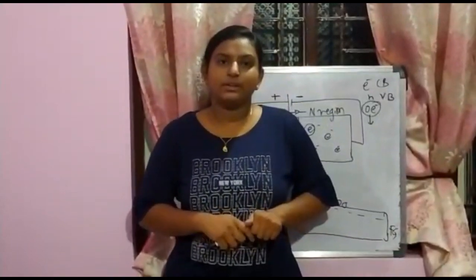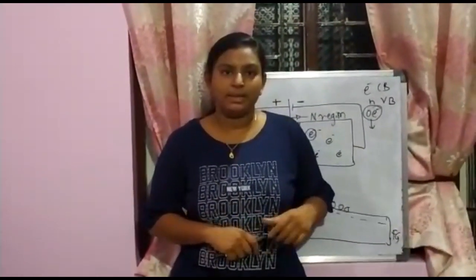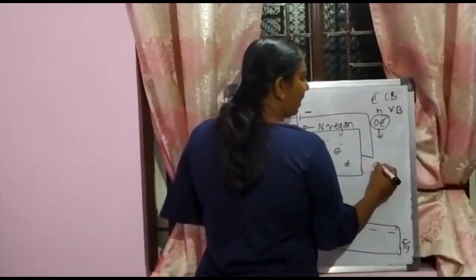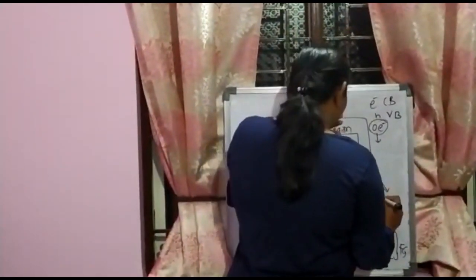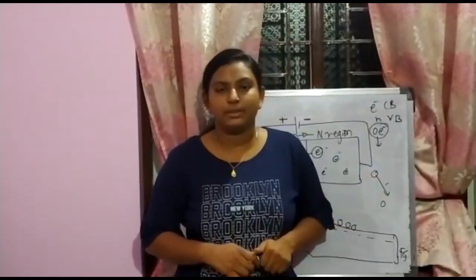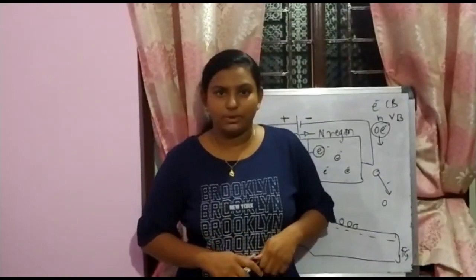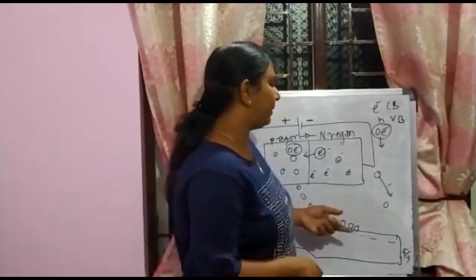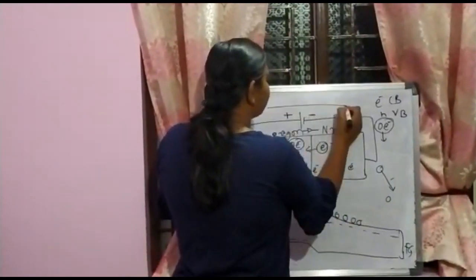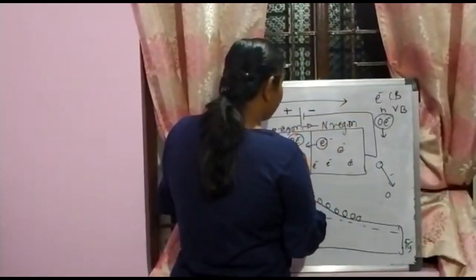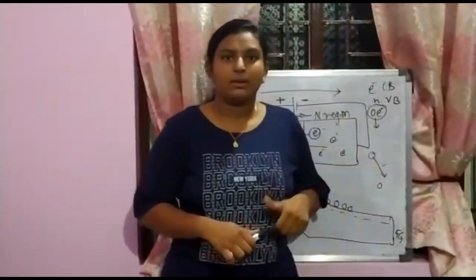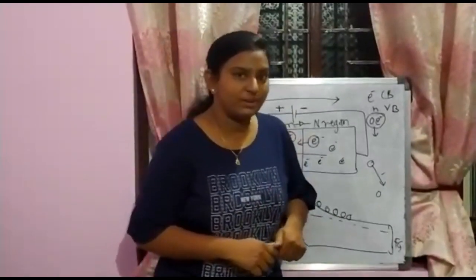This PN junction diode works on the principle of the quantum theory, which states that when an electron from a higher energy level falls to a lower energy level, there is an emission of heat and light, which is nothing but the photon. The energy of this photon depends upon the forbidden gap, and the current is traveling in this direction, whereas the electrons are traveling in this direction. Due to this, there is a complete circuit of the PN junction diode.